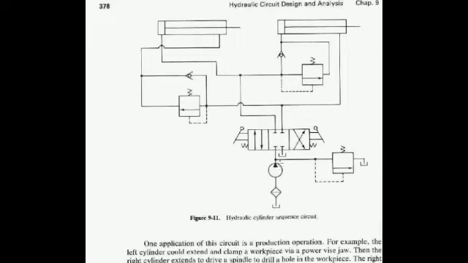Once it reaches a sufficient amount of pressure, then the fluid will move from this pressure relief valve to the tank whenever it gets a sufficient amount of pressure in the line. This is how the hydraulic cylinder sequencing can be